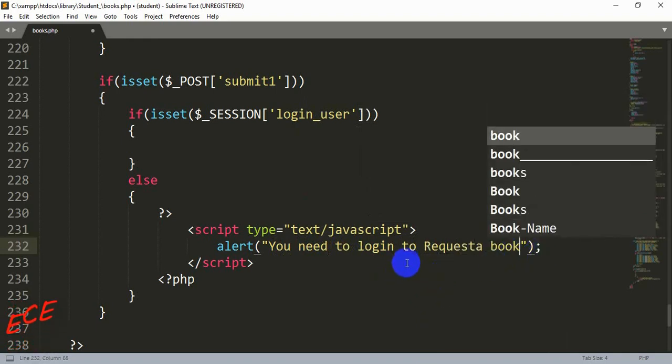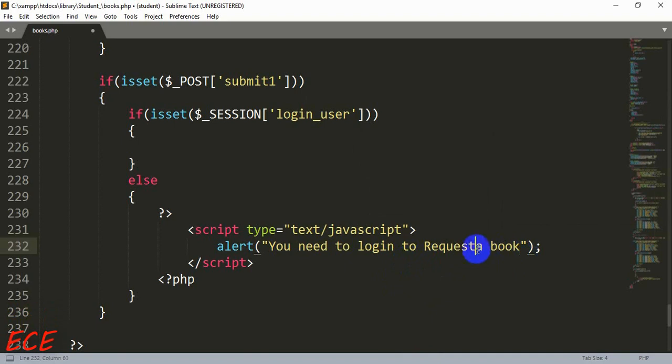Request a book. We will just show this message when someone is not logged in but they are trying to request a book. And if that person is logged in, then we don't need to show this message. We will run a query here,